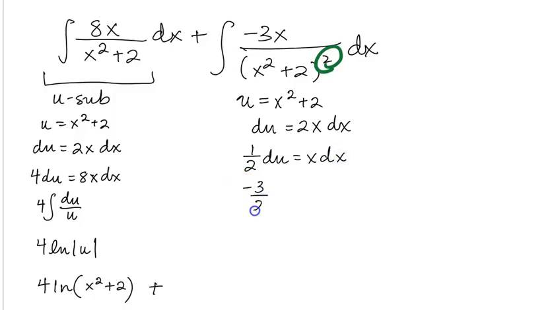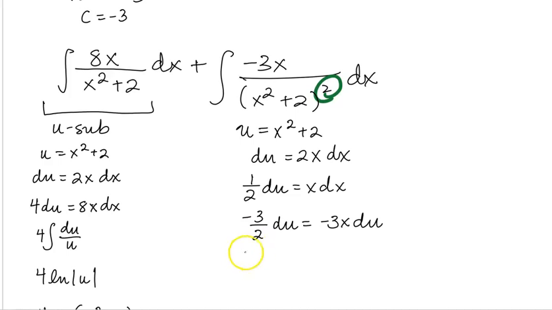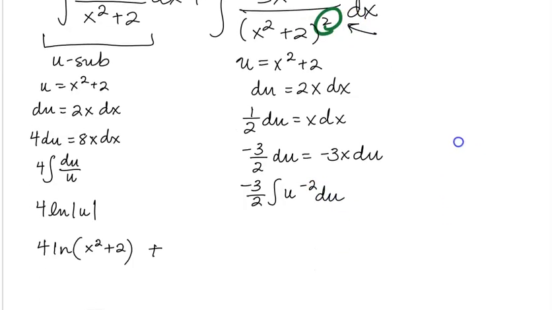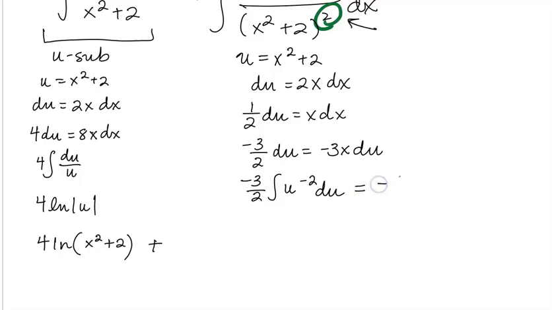So -3/2 du is -3x dx. So when we actually do the substitution, we have -3/2, the integral of u to the -2, because remember it showed up squared in the denominator, du,